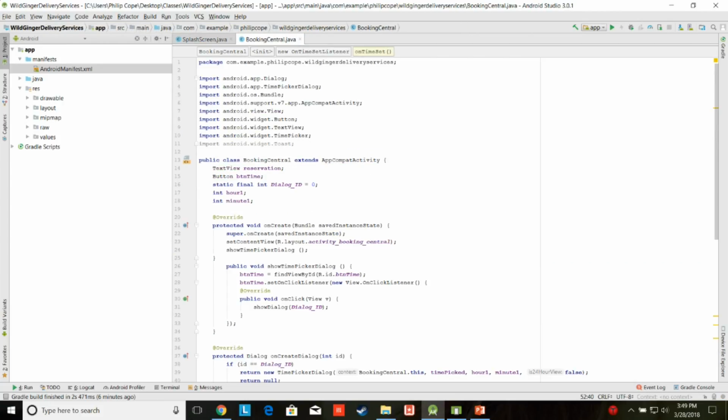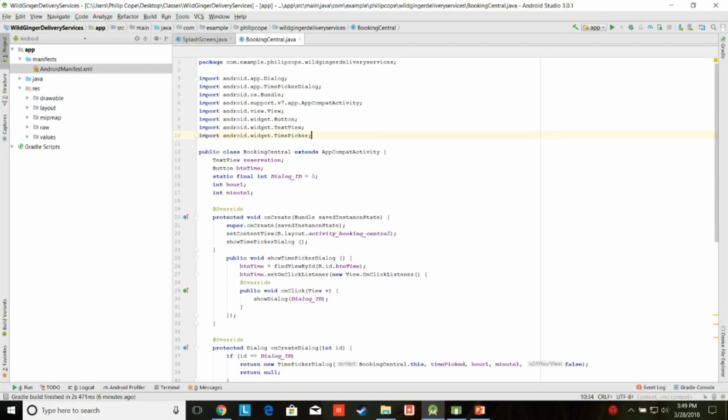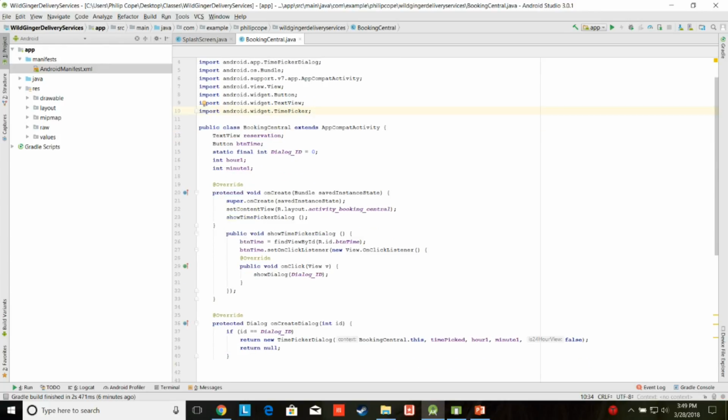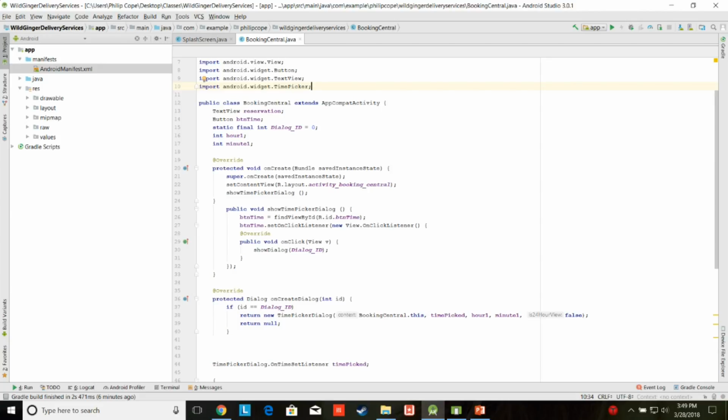So I did find that the textbook and the actual practice of using a time picker are a little bit different. The textbook mainly focused on the date picker, and the time picker kind of went to the wayside. So I was able to use some resources like Stack Overflow and also YouTube in order to figure out how to set the time picker up to where it was in the format that I needed it to be. But essentially, I declare everything that I'm going to be using up front,